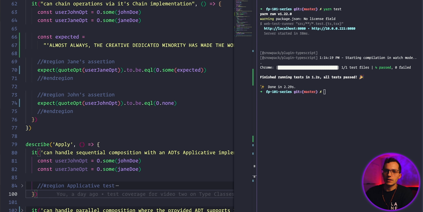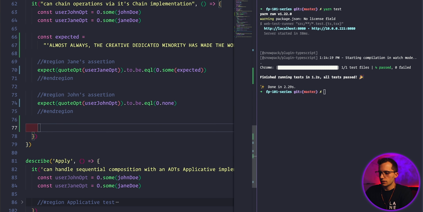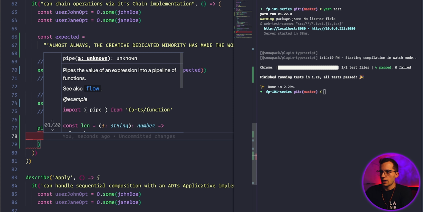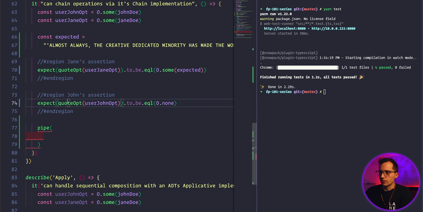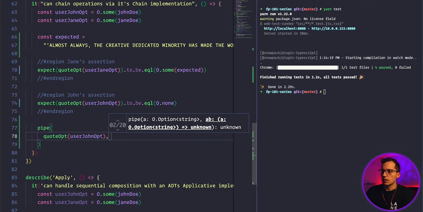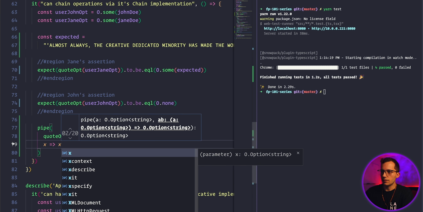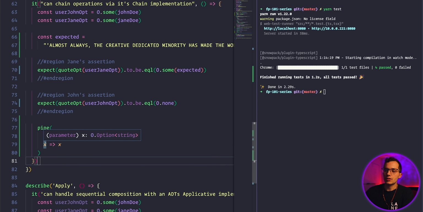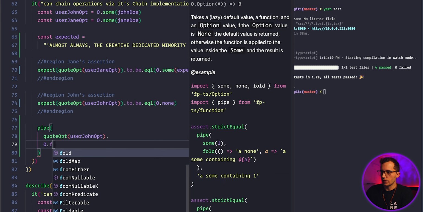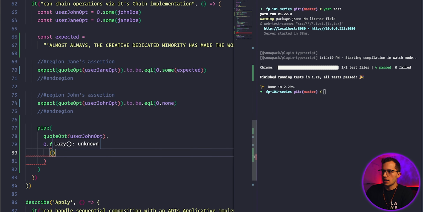Okay, so what did I mean by folding that out in production? Let's just say that we're in the logic of the component, right? Where you're going to render stuff. And let's say that we have this function right here where we're trying to map over a user's favorite quote. And that favorite quote may or may not be there. So right here, we know that we have an option of string. Now, in order to get that value and do something with it, we have to pull it out, right? So what we have to do is something like this, where we fold, and